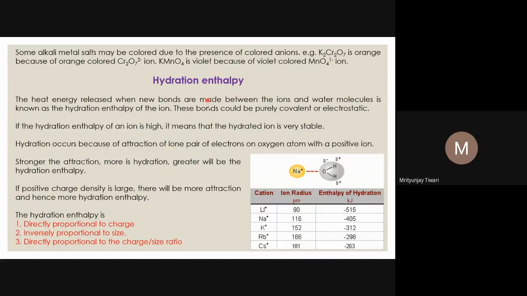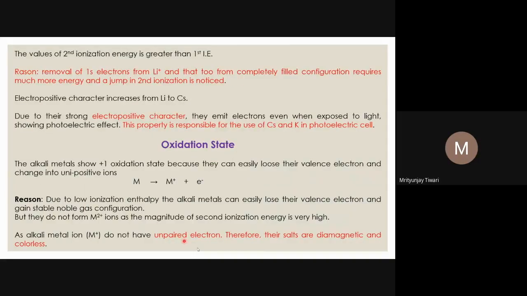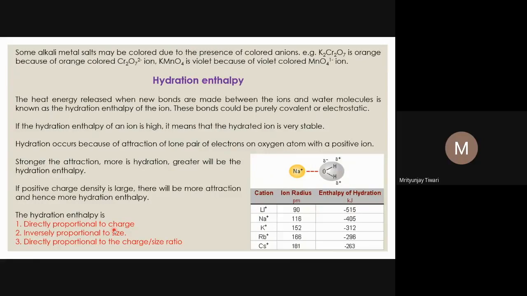So in M plus, because these other electrons are very strongly bound, they have the electronic configuration of a noble gas. The effective nuclear charge has increased, and the remaining electrons are very strongly bound. They will not easily get excited to higher states, so they also do not usually impart any color.